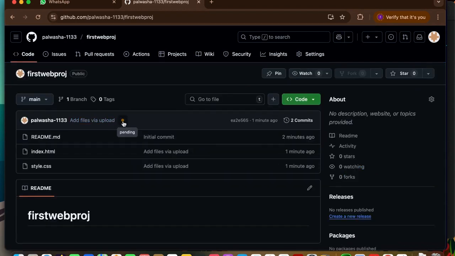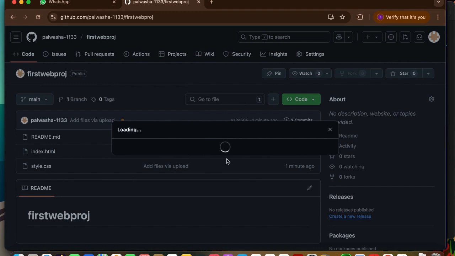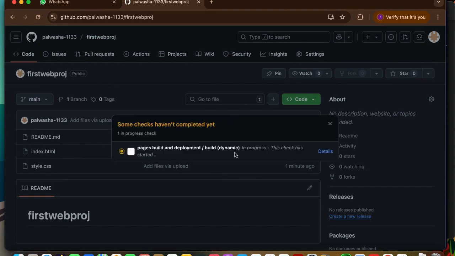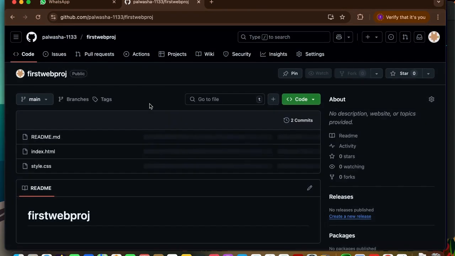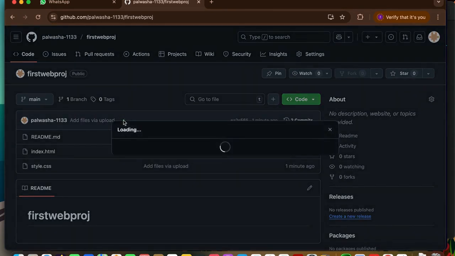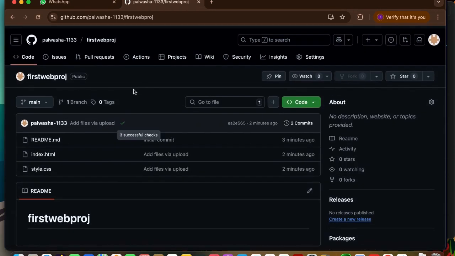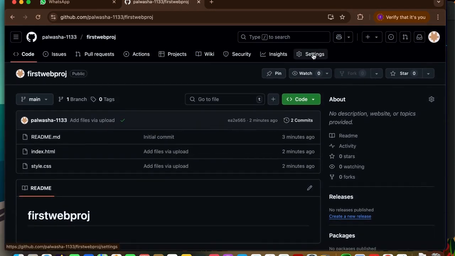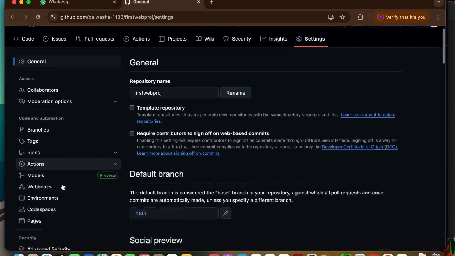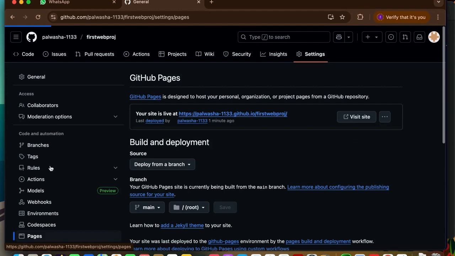Add file via upload is showing as pending. After a few moments, the upload completed successfully. And now I'm going to click on settings. Once it loads successfully, scroll down to pages, I'm going to click on pages, and here you will see